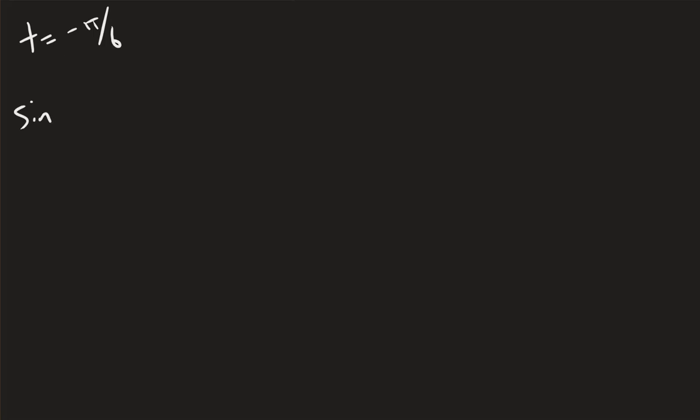Going to use the unit circle to find sine, cosine, and tangent at negative pi over 6. And even though negative pi over 6 may not jump out at you as an angle that you memorize from the unit circle, it actually is one that lands on the unit circle. So like all unit circle questions, step 1 is to find this location, and you could do this one of two ways. If you know how big positive pi over 6 is,